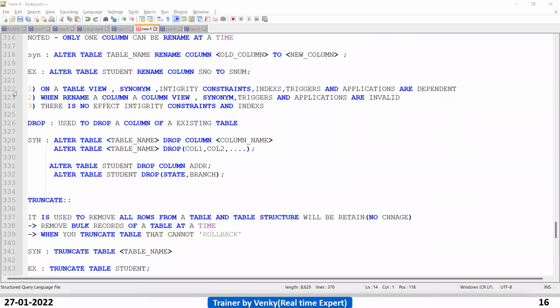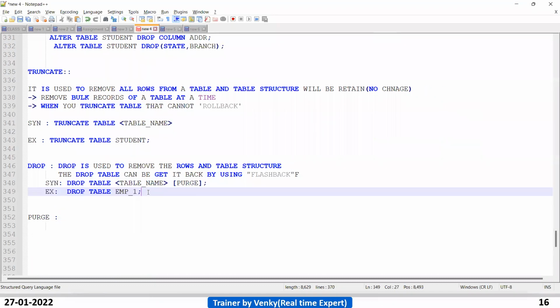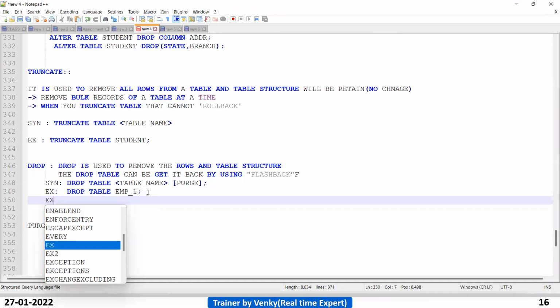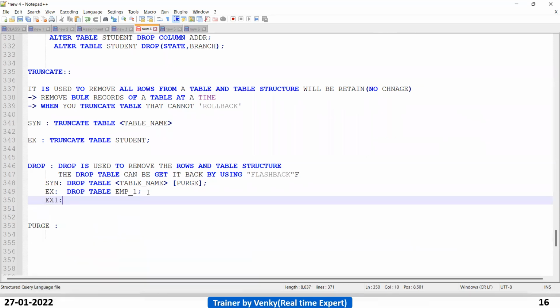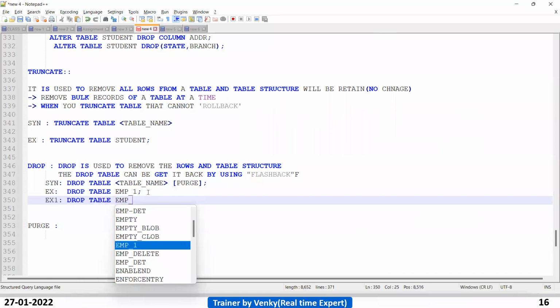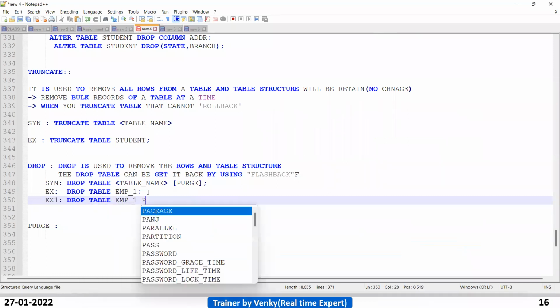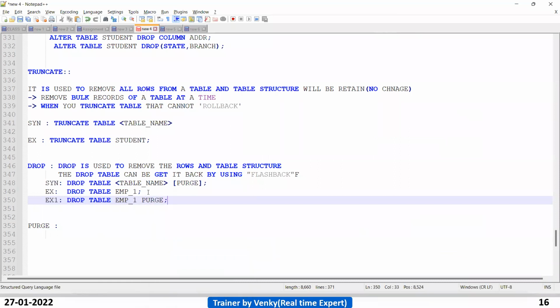Okay. Now let us try to use the same example with purge. Drop table emp_1 purge. Previously, when we dropped the table, did we use the purge command?